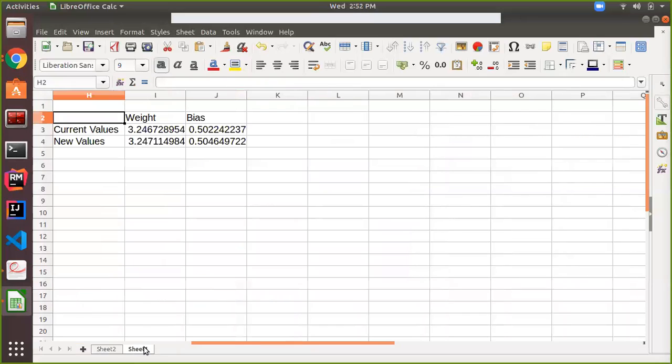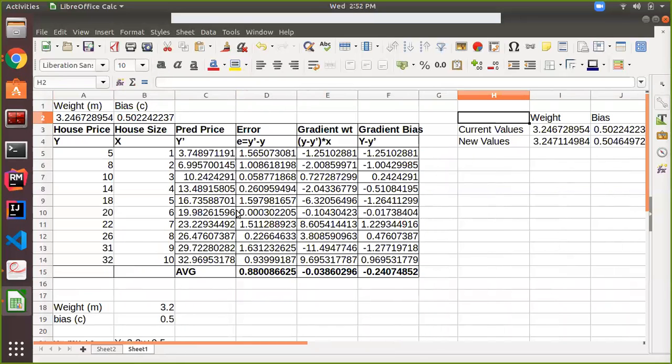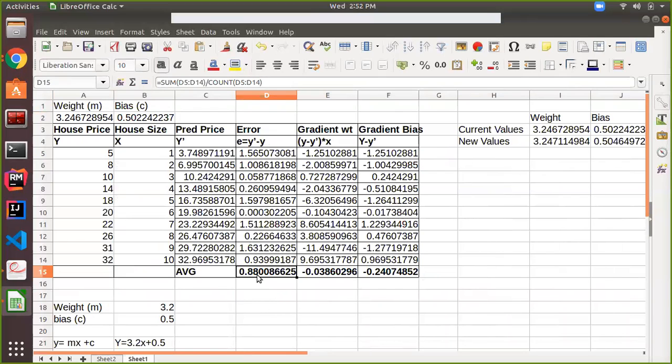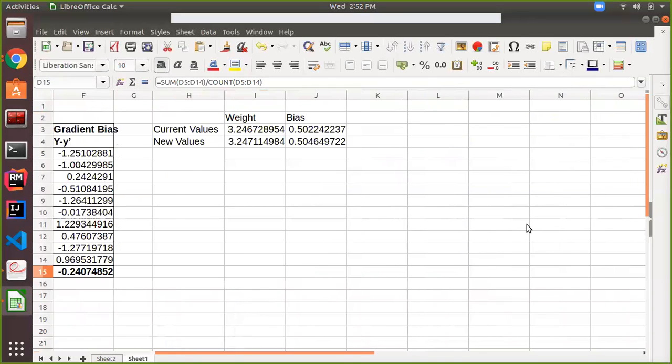So in the next sheet I have done these steps so that it won't take time. You can see I repeated these steps until I get the error rate as 0. So here, with the same data, I did the iterations. I kept on repeating, and approximately it gets completed in 10-11 iterations, and here as you can see error rate is 0.88, so it is very less error, negligible error. So by this I get the value for weight and bias.